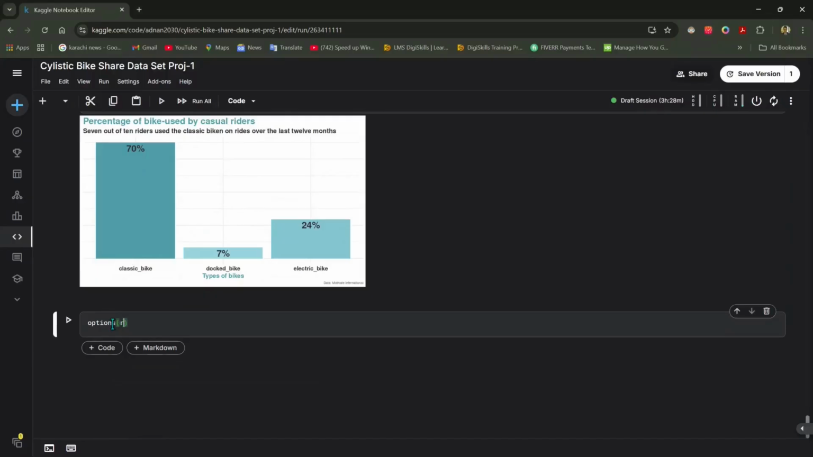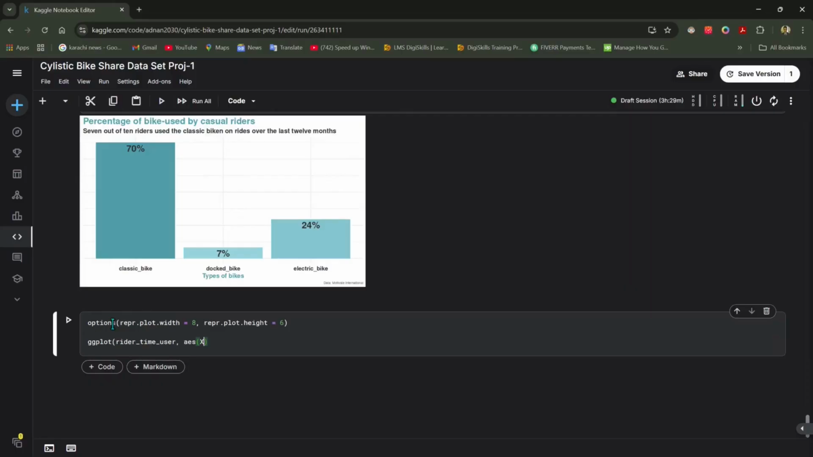options, repr dot plot dot width equals to 8, comma, repr dot plot dot height is equals to 6. ggplot, rider underscore time underscore user, comma, aes x equals to user, y equals to average underscore time, comma, fill is equals to, we want to fill average time, and double bracket, plus,